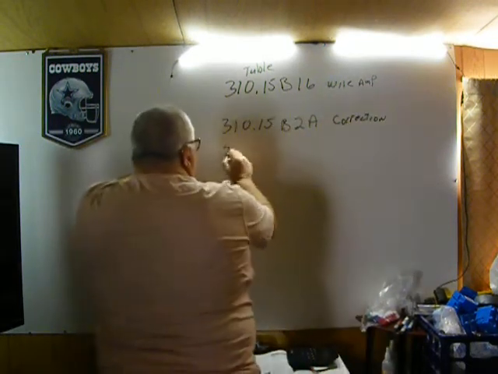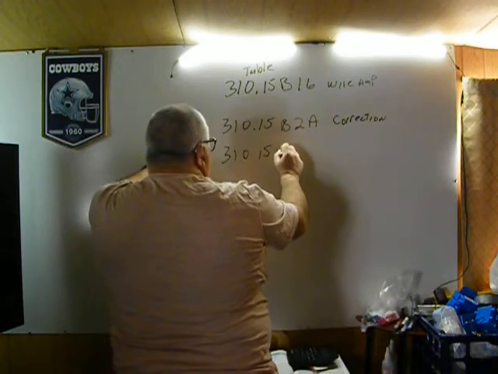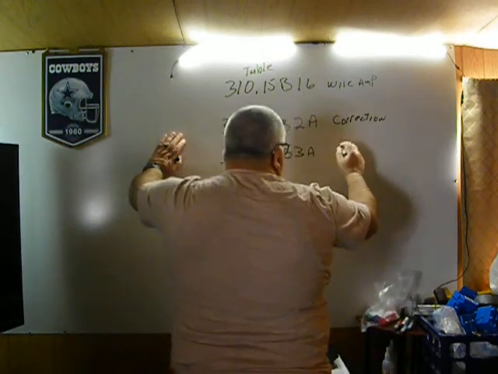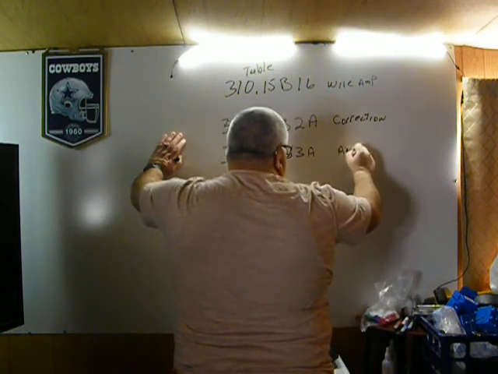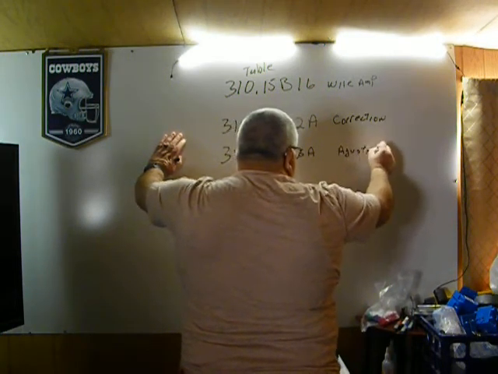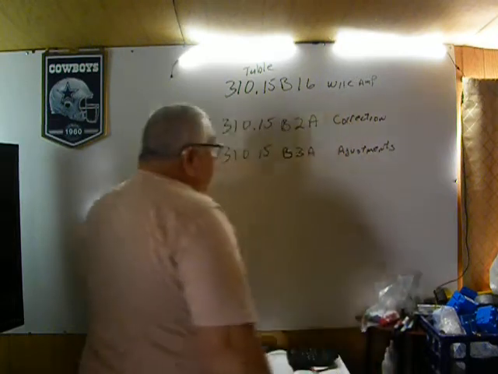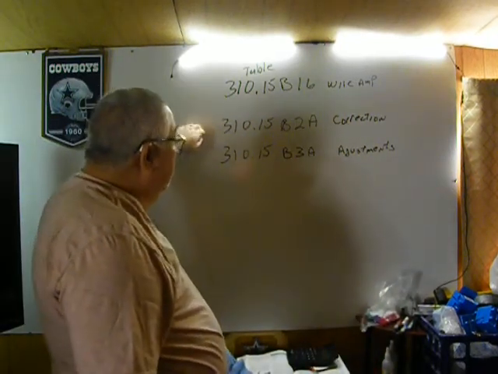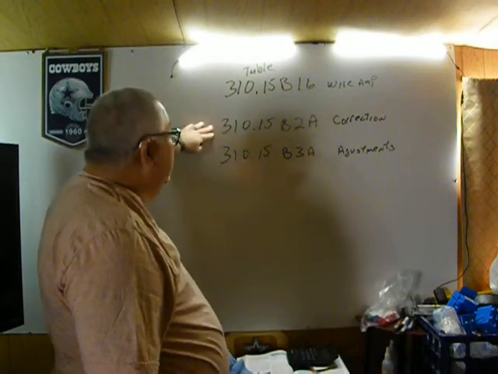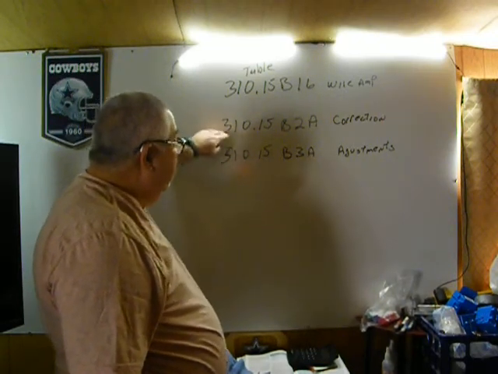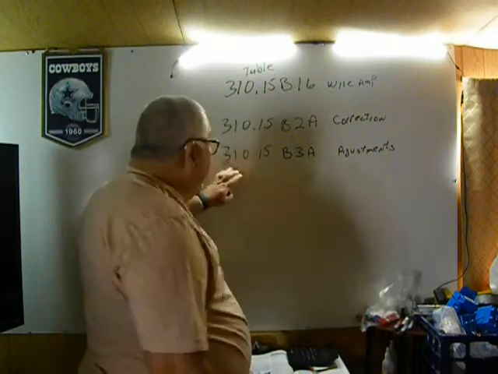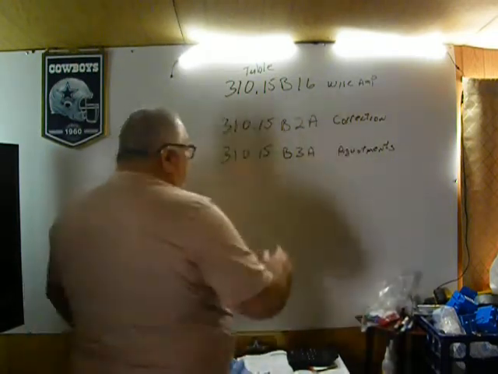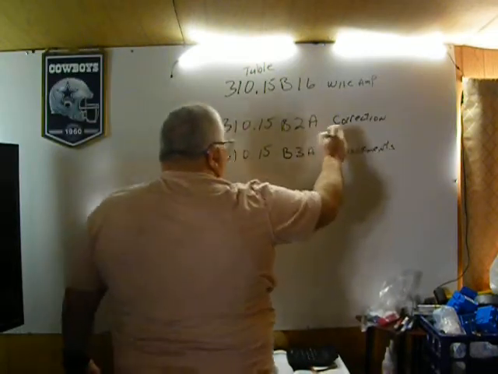And then we have 310.15(B)(3)(a), and this is our adjustments. So we have our wire ampacities, 310.15(B)(16), and these are all tables. Then we have 310.15(B)(2)(a) for our correction, and 310.15(B)(3)(a) for our adjustments. So this one is for temp,